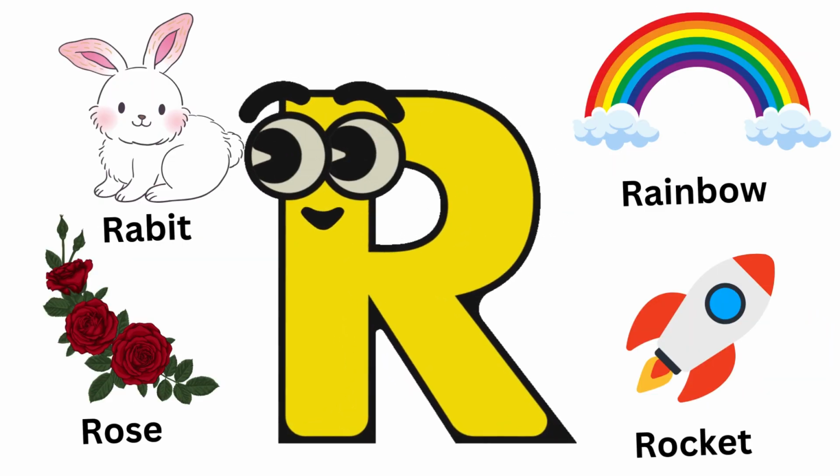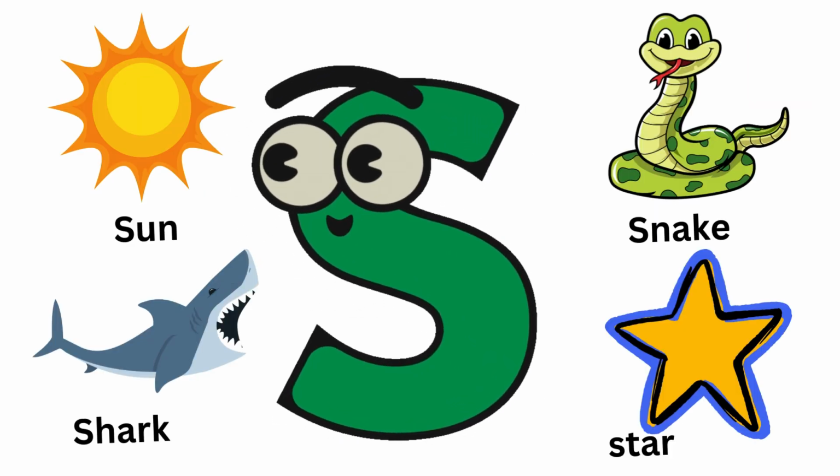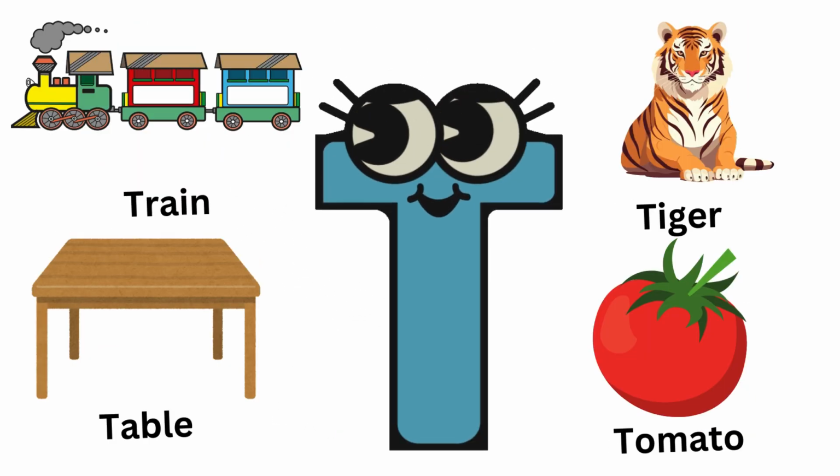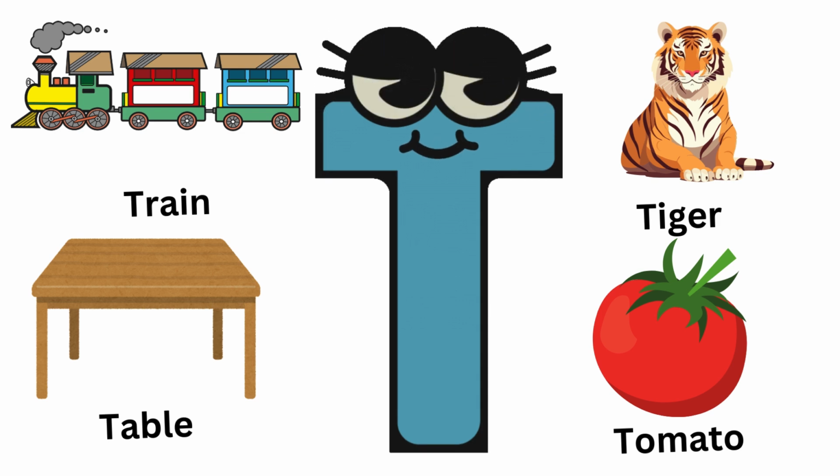R is for rocket, R is for rose, S is for sun, S is for snail, S is for star, S is for shark, T is for train, T is for tiger, T is for tomato, T is for table,